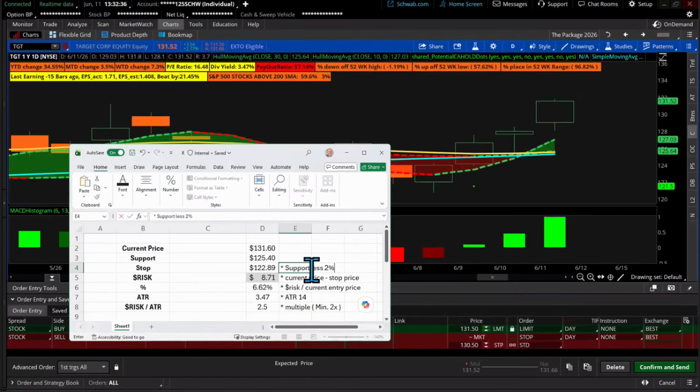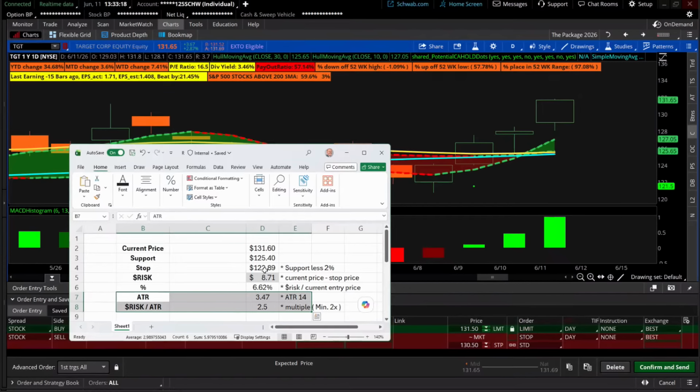I just want to clarify that so you can follow along. The dollar risk, from there to the stop. And I wrote that down, okay? $8.71. Now, $8.71 is not the same thing on all stocks. If you said I lost $8.71 on a $50 stock, that's a lot. If you said I lost $8.71 on a $1,000 stock, that's not a lot. So what we try to do is put that in a percentage amount. Percentage, 6.62%. We've talked about that before. And I'm not going to talk about the ATR, but if you like to look at the ATR and gauge stops, there you go.